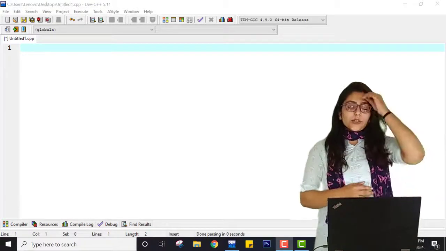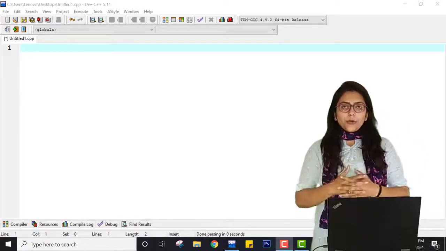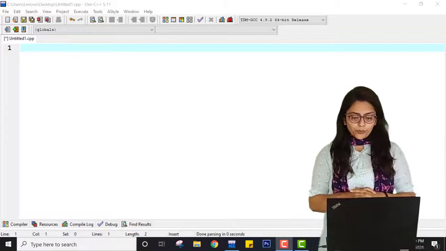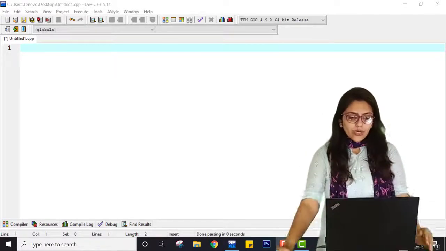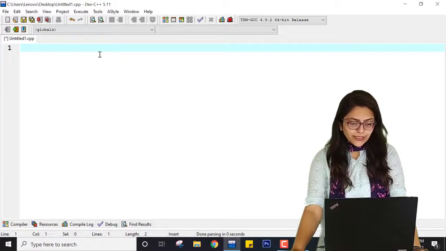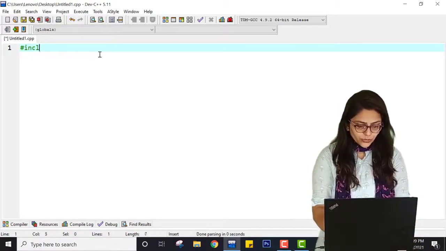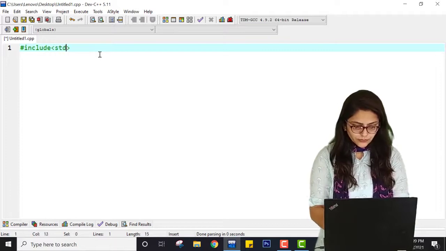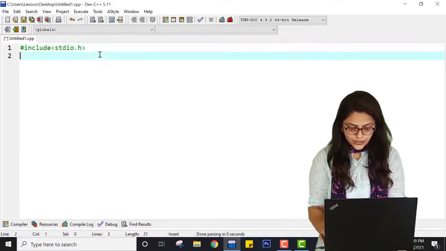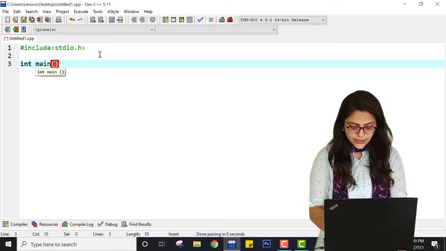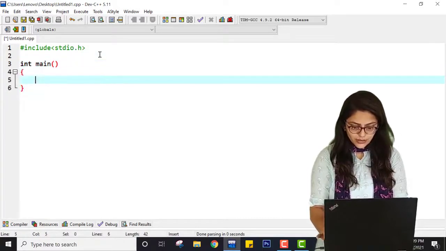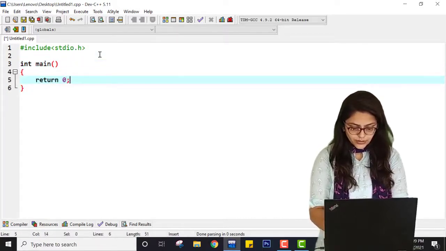Hello students. So now in our IDE, we are going to write the program for input-output functions. You all know that for printf and scanf, I first have to include the stdio.h header file, then int main, then return 0.